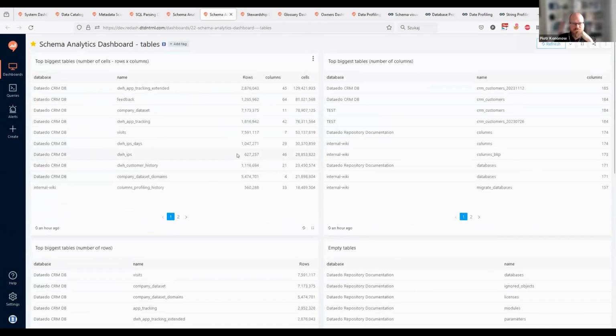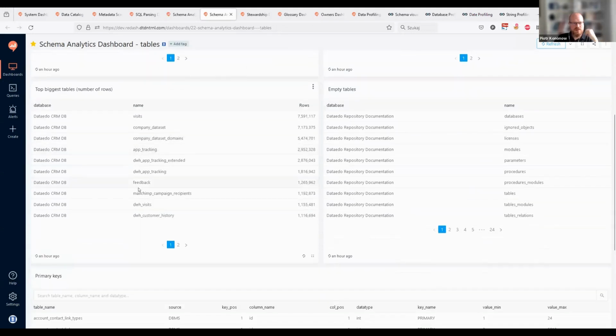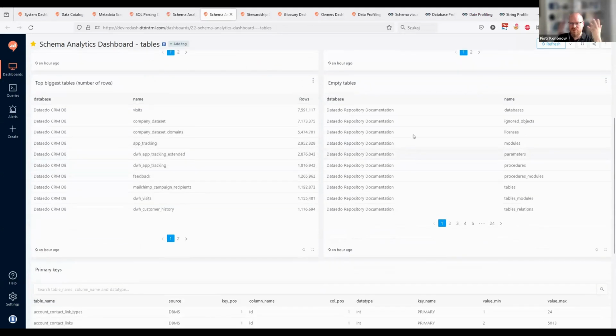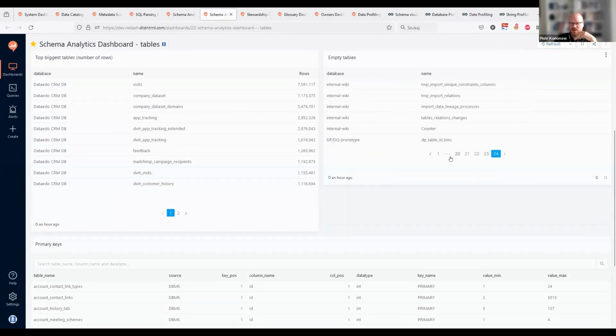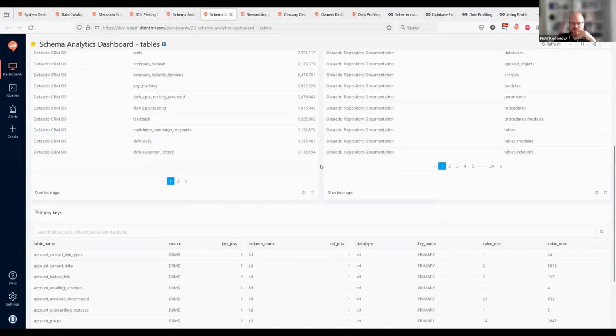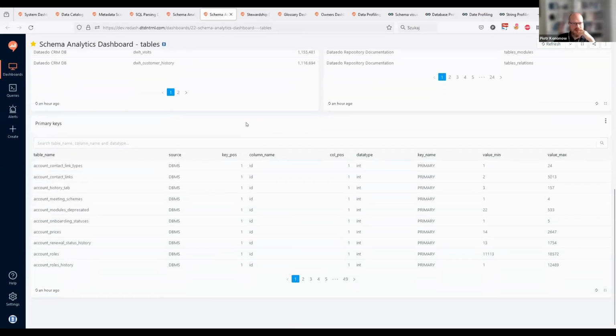Similar thing for tables. Biggest tables, by number of columns, number of cells, and number of rows. Empty tables, interesting that we have 24 pages of tables that are completely empty. List of primary keys.